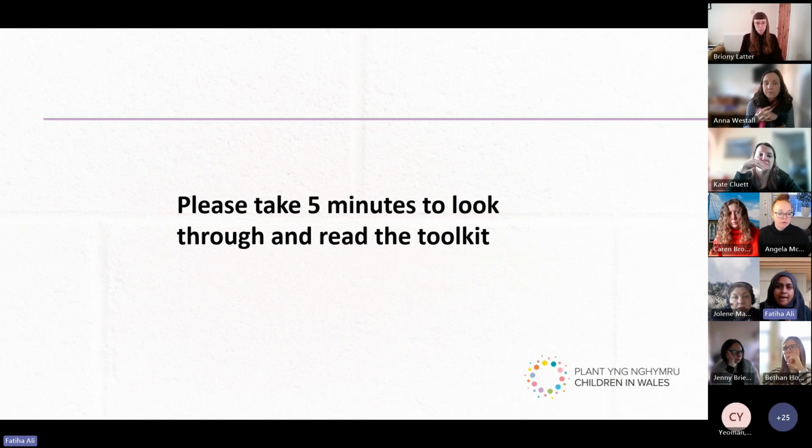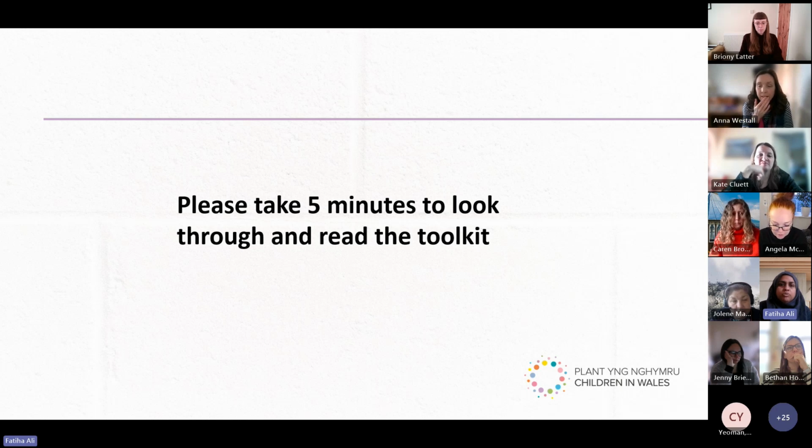And also I sent it out in your calendar invite, so if you go to your calendar invite, there's the toolkit. I've attached it in English and in Welsh. If anybody has any problems, I could send you the PDF somehow, but for some reason it let me do it yesterday, but it won't let me do it today. But hopefully there are a few different ways to access the toolkit.